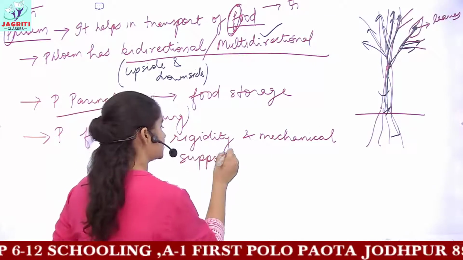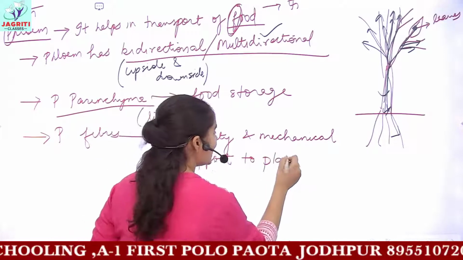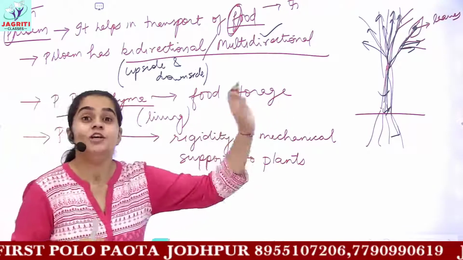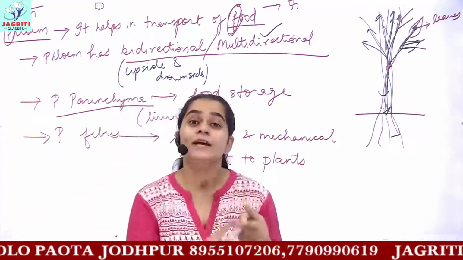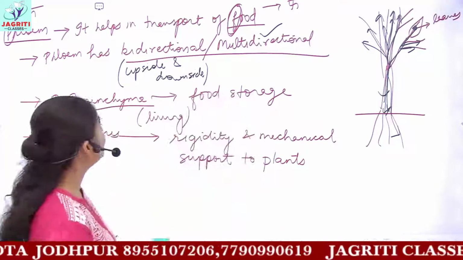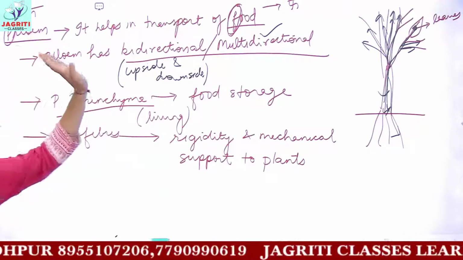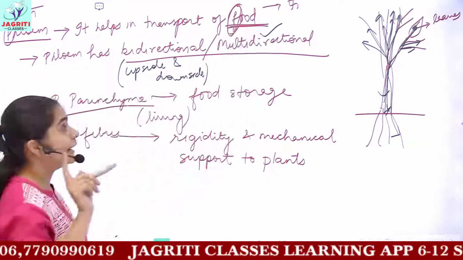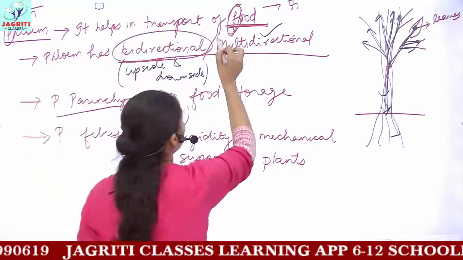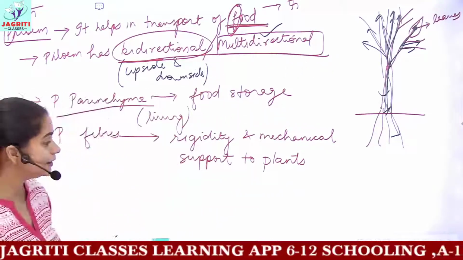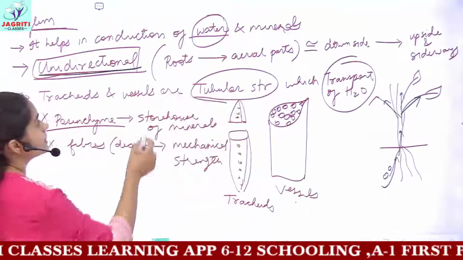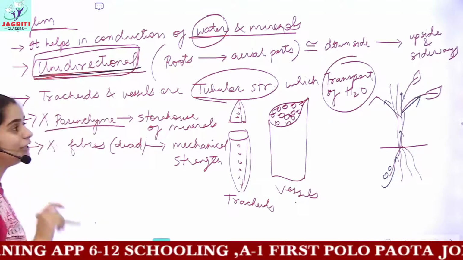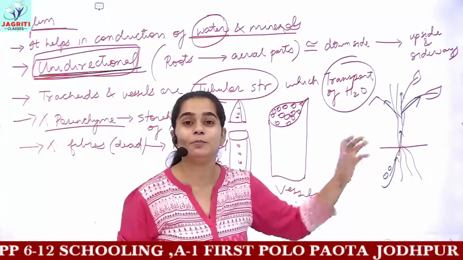to your plant. So this is an account of xylem and phloem, which were your complex permanent tissues. You should know why these are called complex, why these are called permanent tissues, and then we discussed each and everything included in your syllabus in detail. Remember that phloem is responsible for the transport of food, and this transport is bidirectional or multidirectional in nature, while the transport done by xylem, xylem is responsible for transport of water and minerals, and this transport is always unidirectional in nature, as I explained to you with the help of a rough diagram.